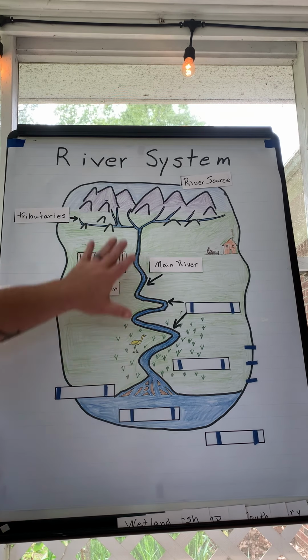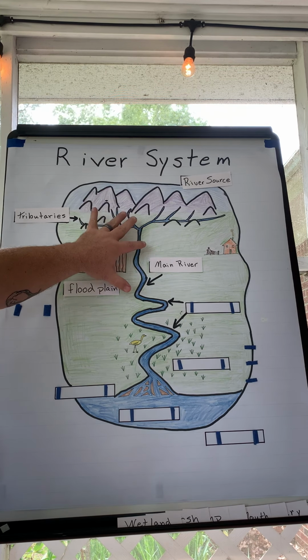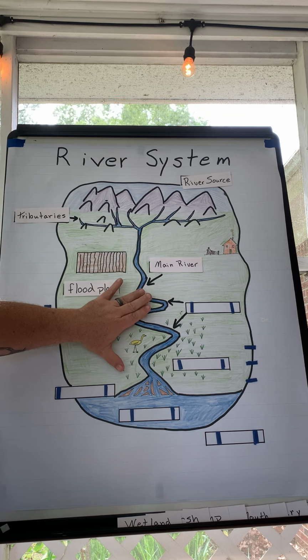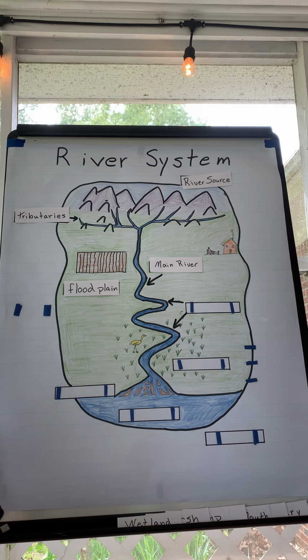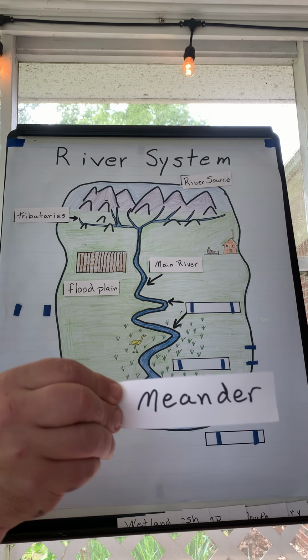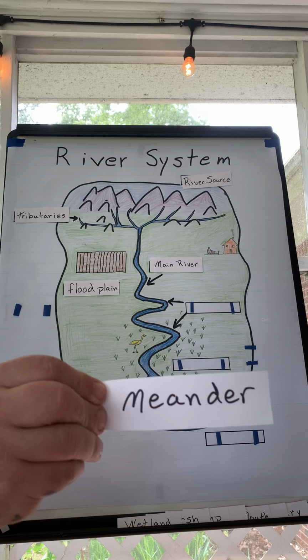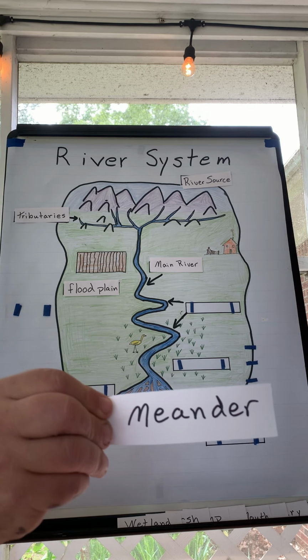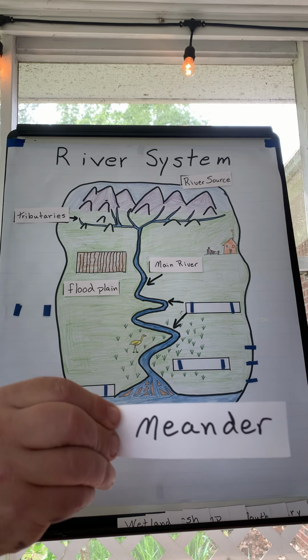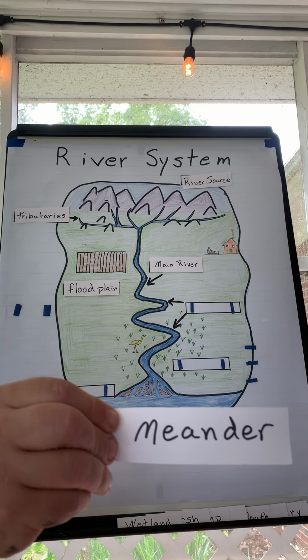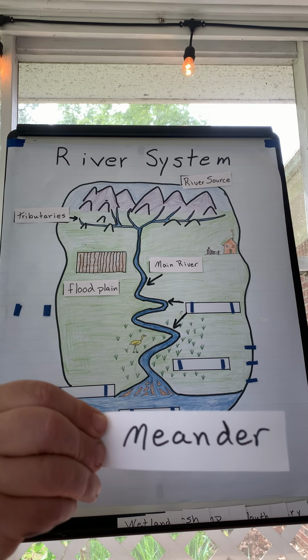Now, as that river is flowing downhill from the mountains across the Piedmont, it's going to start to get to this flat coastal plain area that you remember about. And when it does, the river is no longer going to cut through the land and make its own path. It's going to start to go around things. It's going to slowly move back and forth in what we refer to as a meander. Now, the meanders are going to make their way around hills and large obstacles. They're no longer going to try to push things out of their way. The river is moving much slower now. It doesn't have nearly as much force as it did when it was up higher in the mountains.